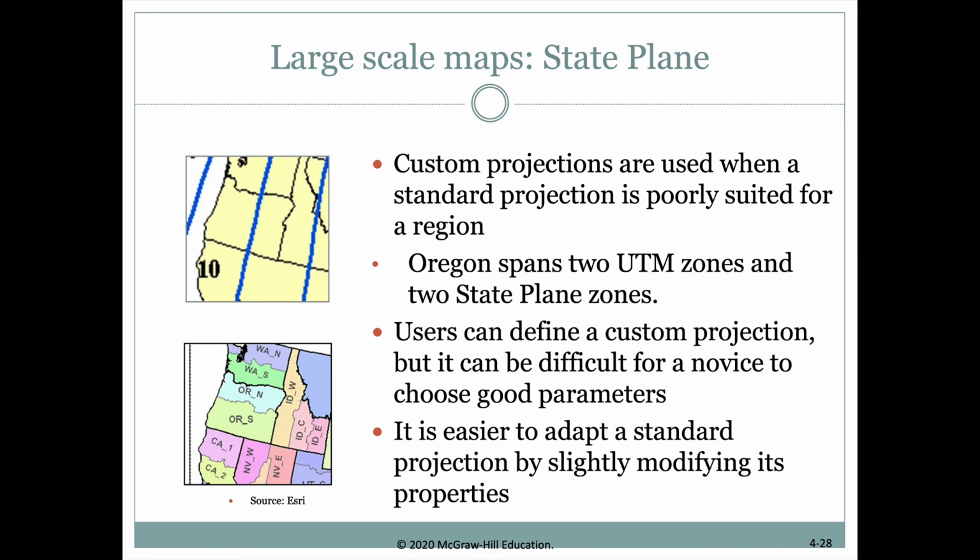But once we have a coordinate system, we can customize that coordinate system if we want to. For example, if we look at the UTM zones, Oregon is not centered directly in one of these UTM zones. It's between these two UTM zones here. Similarly, if we wanted to make a map for all of Oregon, we have an Oregon North state plane coordinate system and an Oregon South state plane coordinate system. But if we wanted to, we could adapt either one of these map projections so that it accounted better for the entire state of Oregon in order to minimize the distortion over the entire state, as opposed to this one, which only minimizes the distortion either in the northern portion of the state, or this one